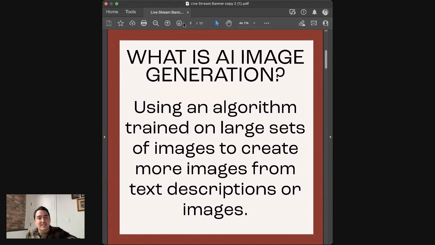And how it does it is it's a computer algorithm or a set of instructions trained on other images that has then learned what those images are using things like image recognition technology, and then how you write descriptions using things like natural language processing and other AI terms to basically make it so that it knows what words you speak mean in images. So if I write dog, it knows what dogs are because it's seen millions of images of dogs classified as dogs, and it knows that that's what it needs to use when it wants to generate an image of a dog for you.